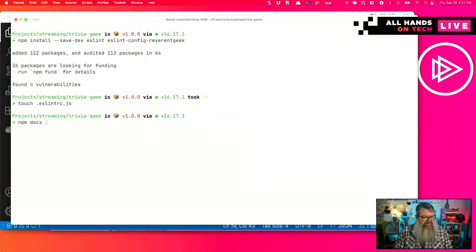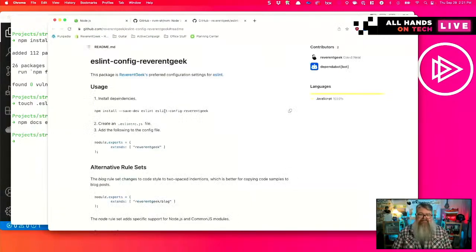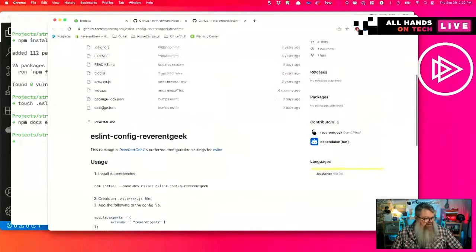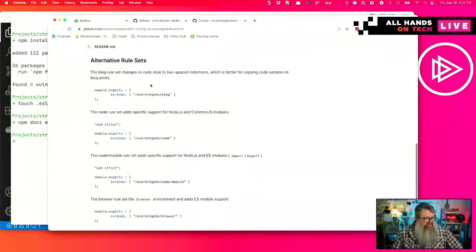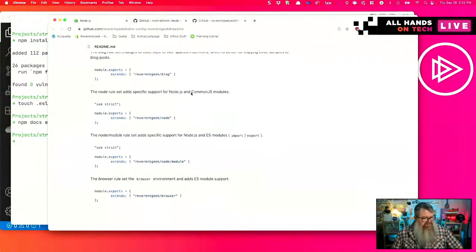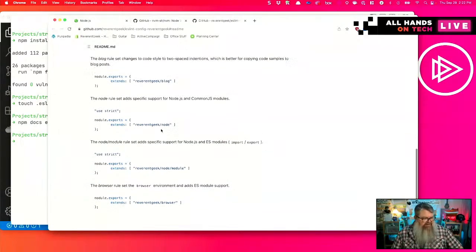So I can say npm docs eslint-config-reverentgeek, and that's going to launch my web browser and take me to the README file that's associated with that project. And I have in my README the different rule sets or different settings that I may want to put in my ESLint RC file.